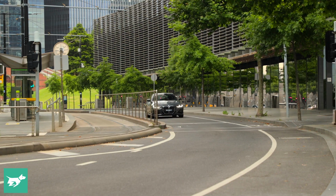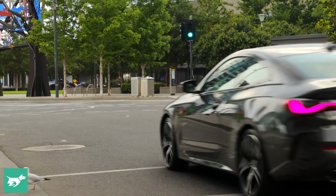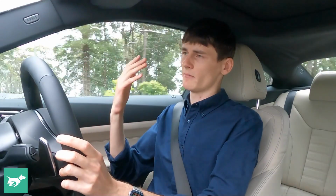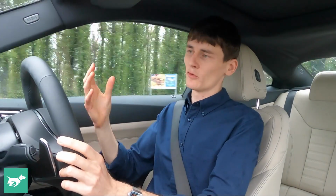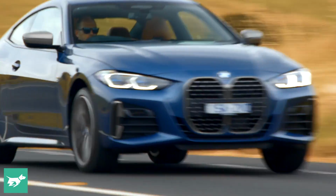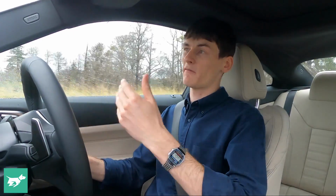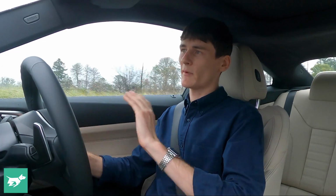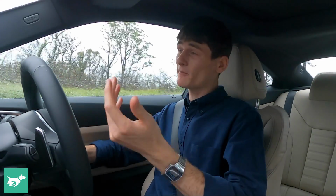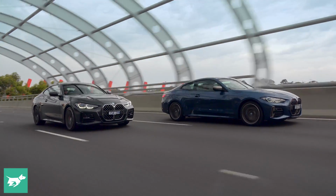So both of them are pretty decent, and yeah, it's just a really nice powertrain, really usable, really nicely sort of spread of torque curve and power. There's not heaps of power left at the top of the rev band, but it's absolutely adequate. Now above this there's the M440i xDrive, which is powered by a twin-scroll turbo 3-litre straight 6, which is the ultimate BMW engine, and that produces 285 kilowatts and 500 newton meters, and that's a whole lot more, and we've spent a little bit of time in that car as well, and it's a really lovely powertrain, but frankly it's a lot of power for a standard chassis of a 4 Series. Not to say it's overpowered, but the fact that most people will end up choosing the 430i is probably the